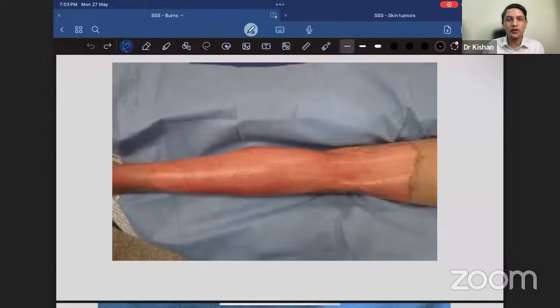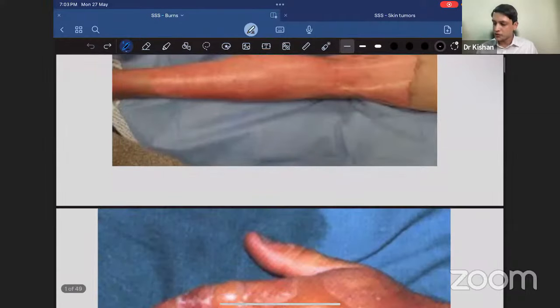How do we classify these burn injuries? And how do you manage, especially as doctors? Our aim is to manage this case, right? So we'll discuss all this in detail today. So another case,